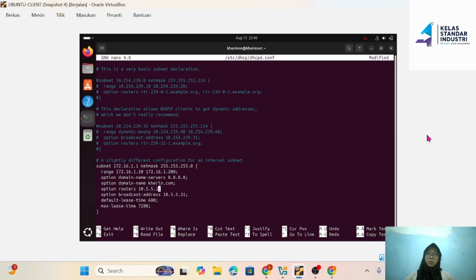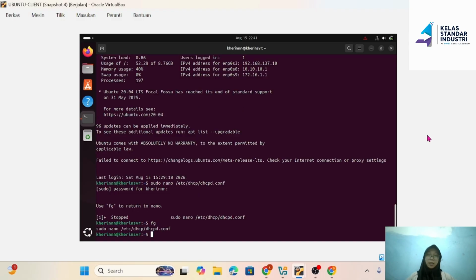Then change option routers to 172.16.1.1. Lastly, for option broadcast-address, set it to 172.16.1.255. Once you're sure everything is set, save it with Ctrl X, Y, Enter.